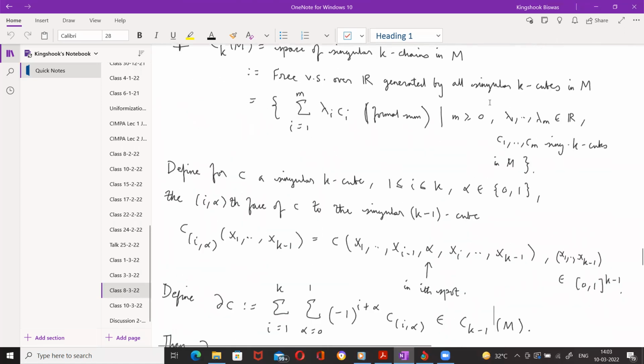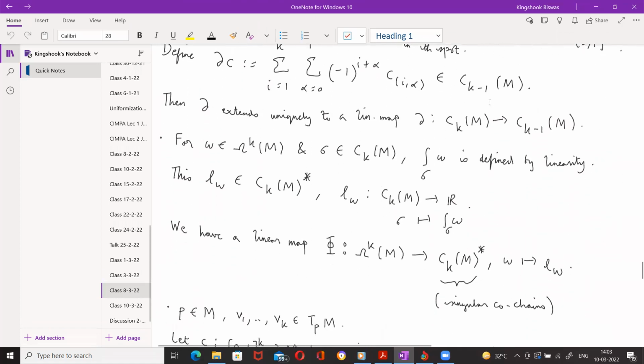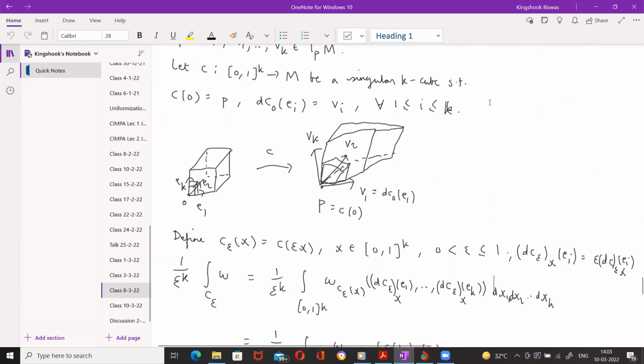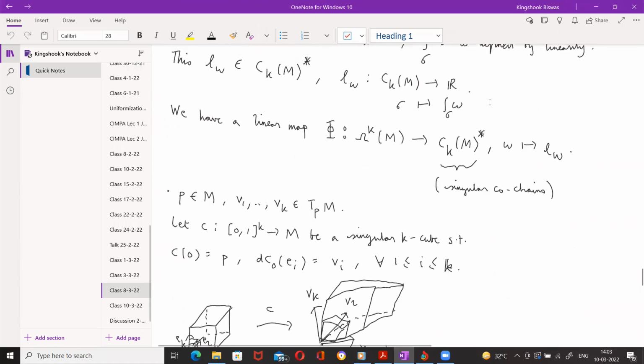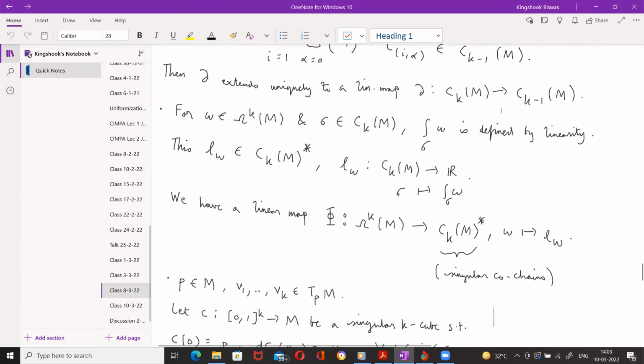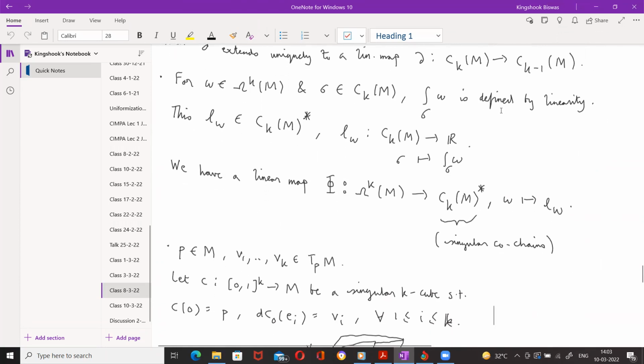Because if I took a point P in the manifold and tangent vectors v1 to vk at P, then if I choose any singular k cube C, which maps the origin to P and whose derivative at the origin maps the basis vectors e_i to the given vectors v_i in the tangent space, then